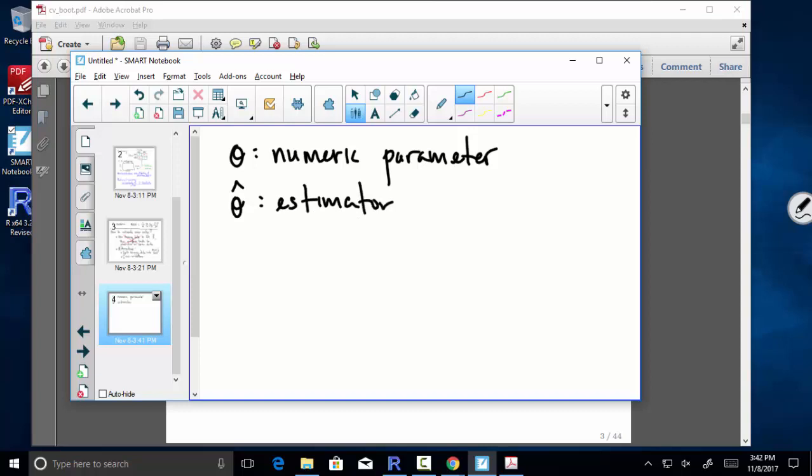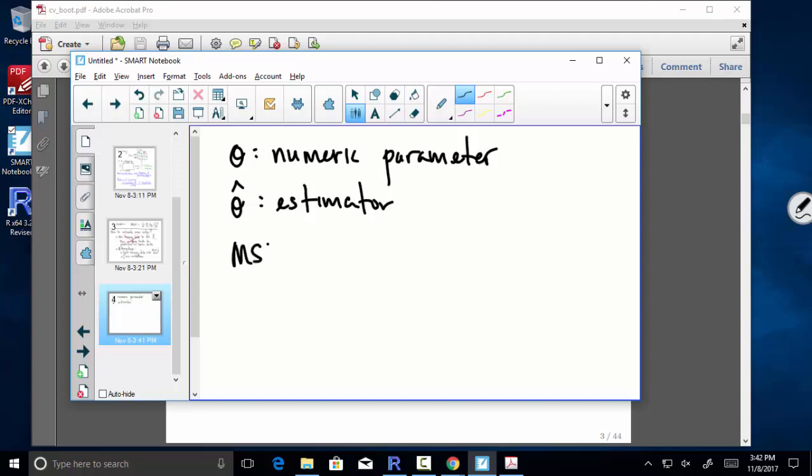Like, go get a sample from this population, and my estimator theta hat is add up all the values and divide by n. It's the sample average. That's one estimator. Another estimator might be a median or an interquartile range. But for an arbitrary estimator,